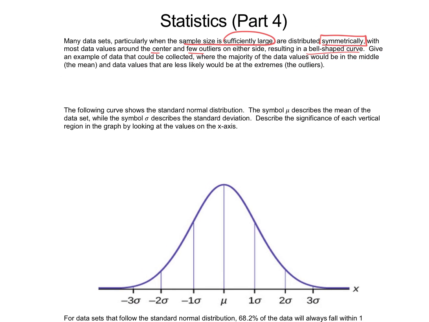First off, give an example of data that could be collected where the majority of data would be in the middle and the data values that are less likely would be at the extremes. You should have your own idea here. I'm thinking maybe the heights of adults, because there's an average height, but then there are some people that are really tall and really short, so that might spread out like that. But you put your own idea, where the majority of the data values would be in the middle, and there's a few that are less likely, and those would be our extreme